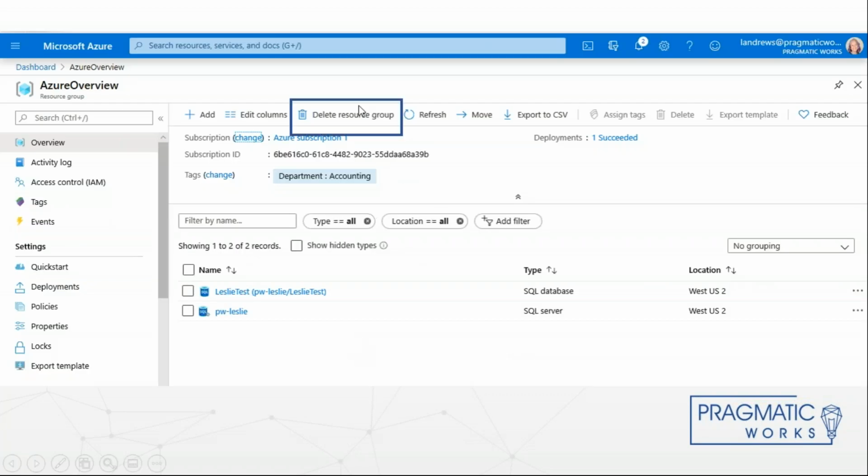Once the lock has been created, when you push this delete resource group, a little pop-up comes up and it says, oh, you have to type in this word. So you type in that word and you push delete and it says, oh, nope, sorry, there's a lock on this that says you can't do this. And I tried to get a screenshot of that, but the way the little notification thing floats up, I couldn't get the screenshot. But trust me, once you put a lock on there, it won't let you delete it.